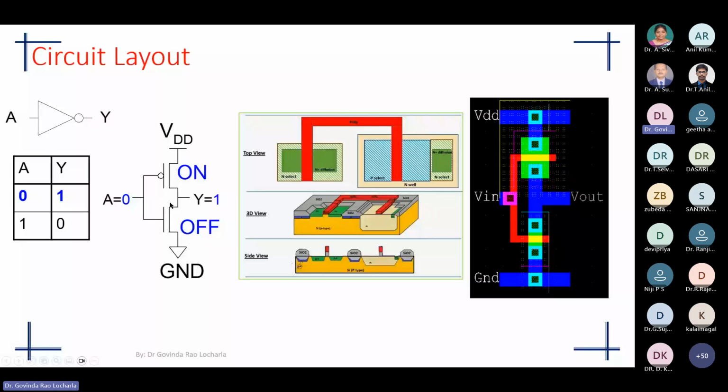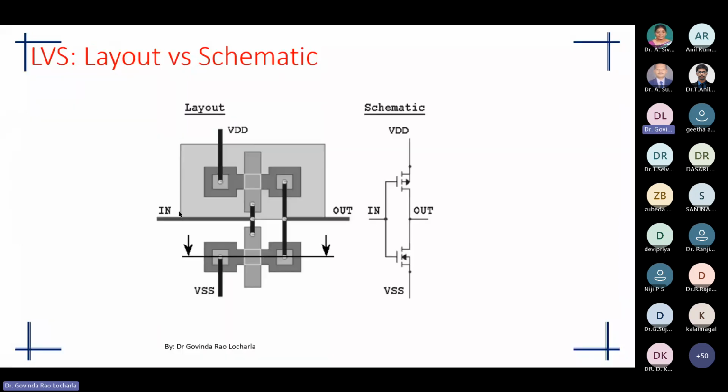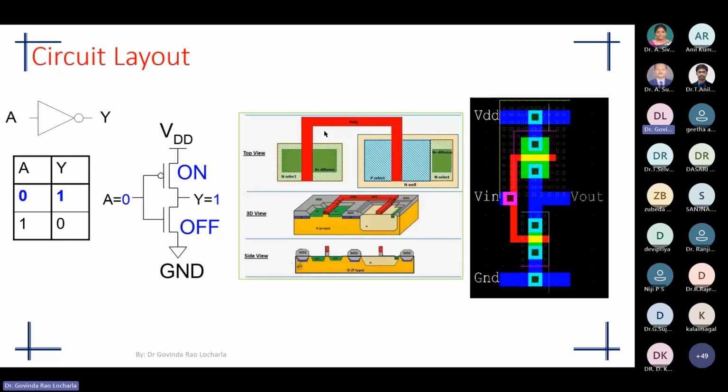At that stage also we have to ensure whether this layout matches the schematic or not. This is called layout versus schematic, a kind of equivalence checking. Then we also have to do the DRC, design rules check. Here we check whether the width of each metal or poly is manufacturable or not. Similarly, whether the spacings between two metals or polys are manufacturable, and whether contacts obey the allowable dimensions. So this is all about the manufacturability design rules. Whether it is properly connected or not is one thing, and whether the